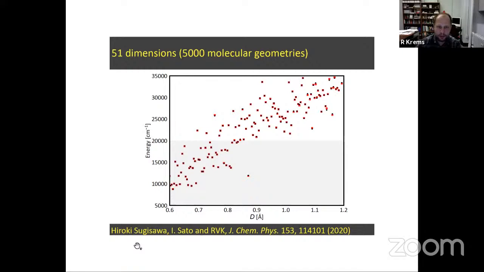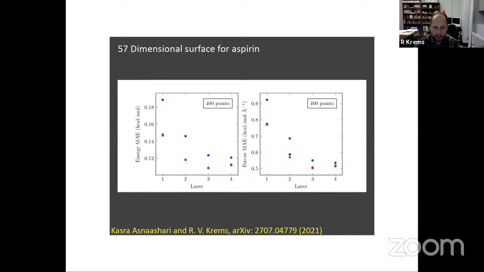Again, this is what we get for the extrapolation performance. We train this 51-dimensional model with the energy points in the shaded range, and we predict them in this open range of energies. The circles are the model, and the squares are the original ab initio points. All right, so it gets even better than that.